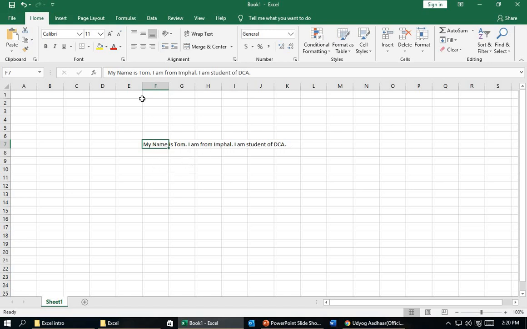Because see, as you can see in the formula bar here, whatever I type in the cell is also displayed in the formula bar. And when I click on the other cells, the formula bar doesn't display anything. That means nothing is inside these cells. Okay, nothing is inside these cells. If there is something inside a cell, it will show in the formula bar. Here also nothing is there. Even if I select and delete, nothing will be deleted because nothing is there. And when I select this and delete, everything will go. See,